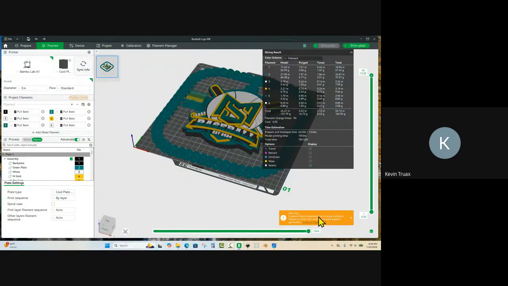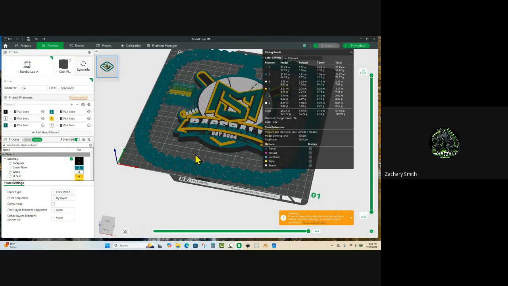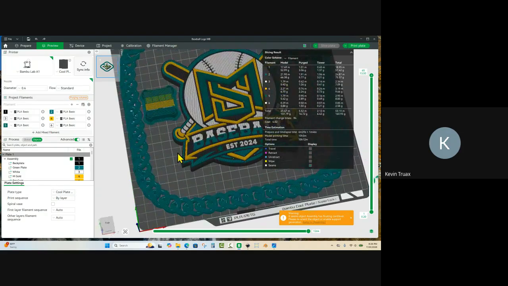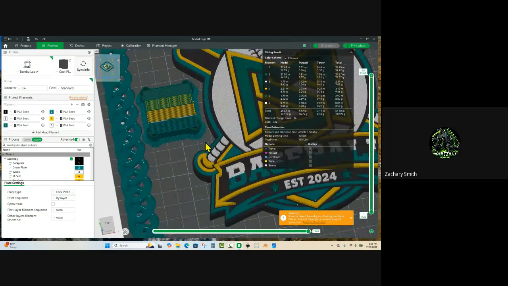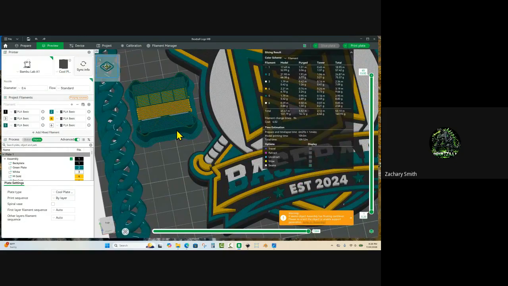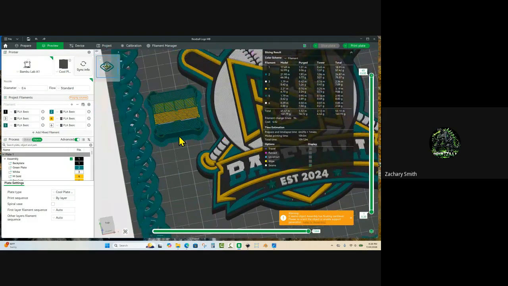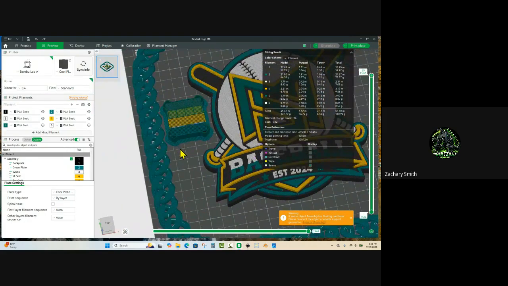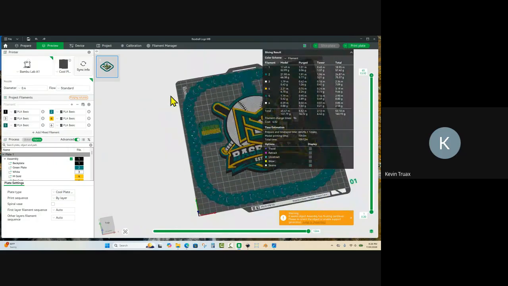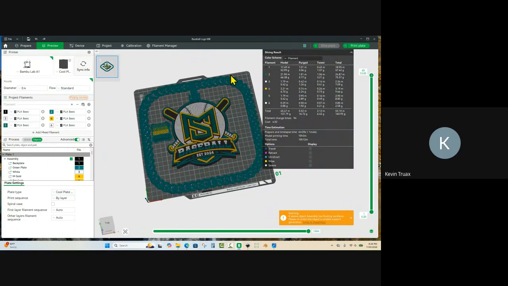But it's probably telling us that our hype chain actually needs supports. This hype chain is really not supposed to need supports. But the last time I used it, it told me the same thing. So by moving the prime tower, sometimes that gets rid of that. The prime tower might be in a bad spot. See where it's touching? Almost. Oh, maybe not. Sometimes if you move it, I usually put it in the corner. So yeah, but you could see up here on this particular situation,